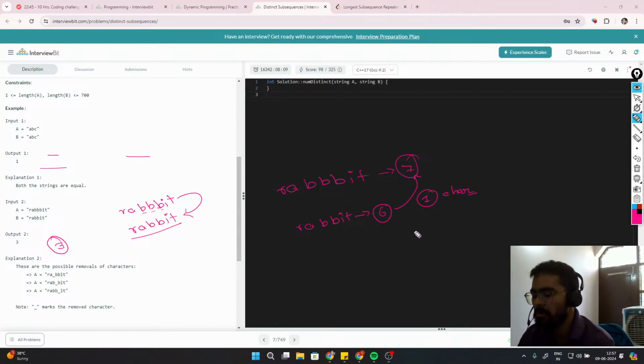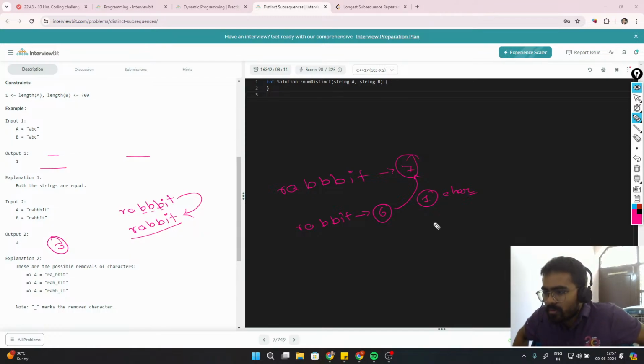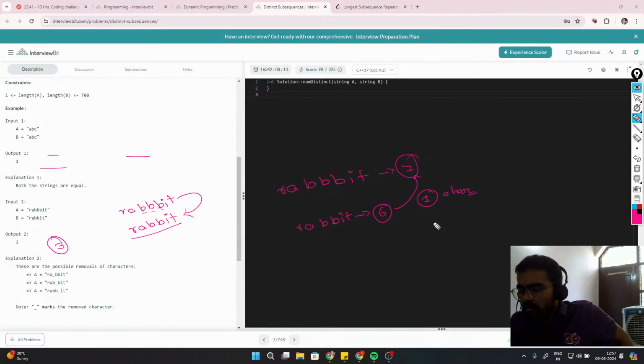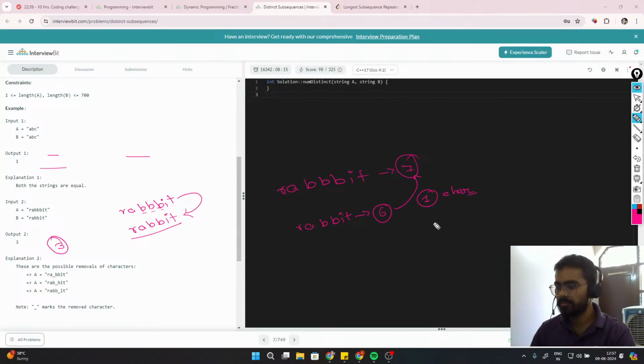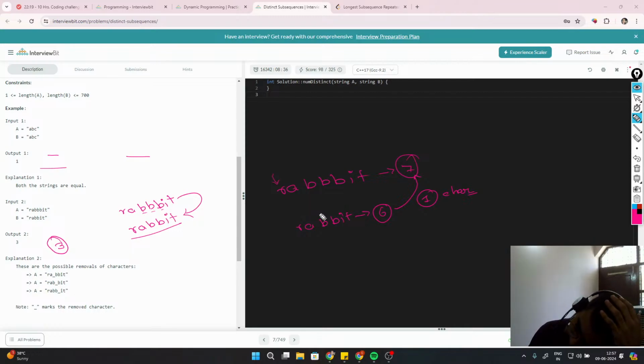One character from here. So I'll have to remove every possible character. First I will remove R, and if the length matches I'll compare whether they are the same or not. If not, then